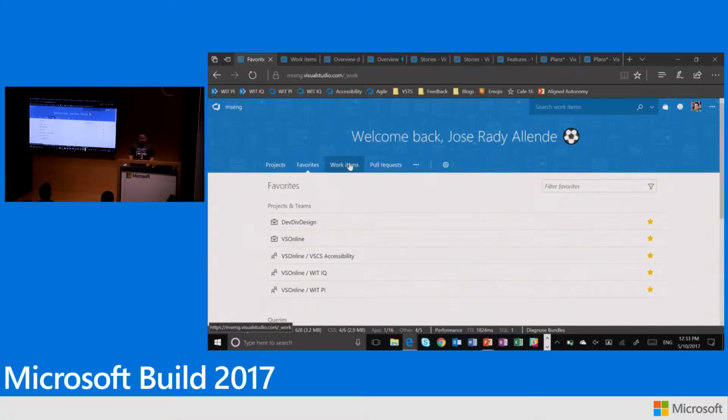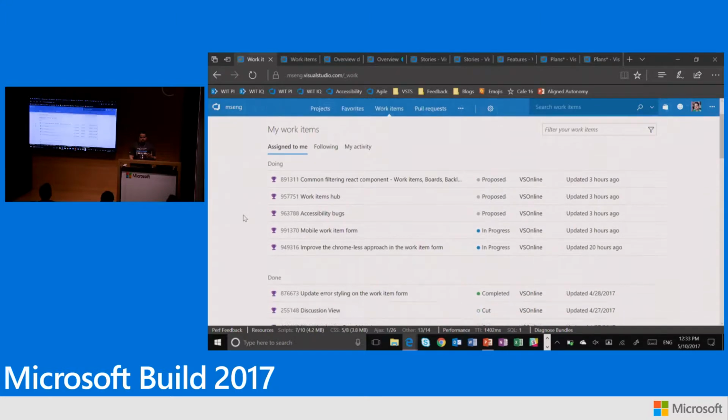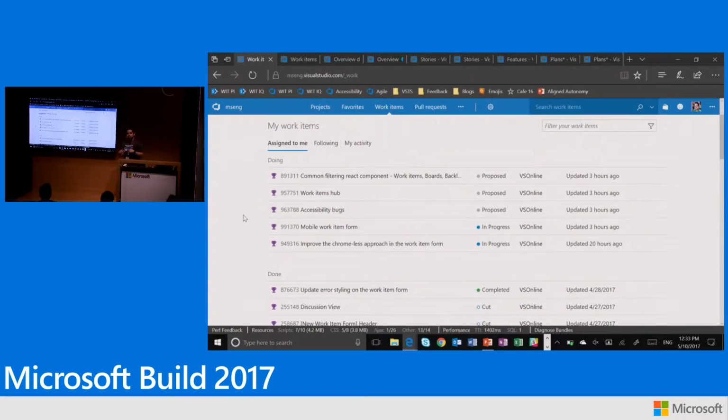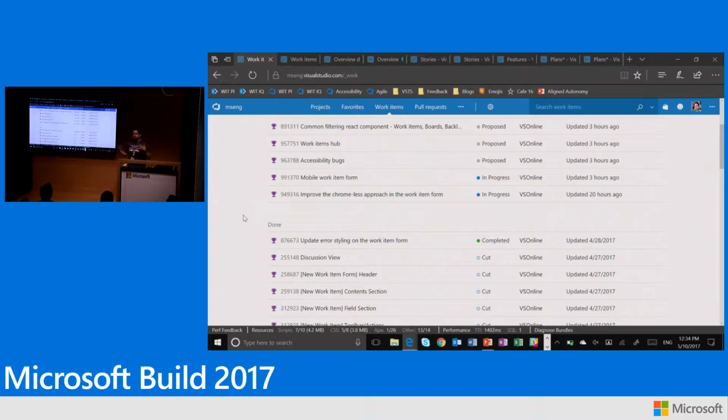Now, what is the goodness behind these my or me pages? In terms of work items, it allows me to very easily come in the morning and check, okay, what are the things that are assigned to me that I care about? And even within that section, what are things that I'm actively doing right now versus things that I've done in the past? I always think about this. Doing is probably primary information you always care about because you're actively working on it. Well, done is more secondary, right? I may remember that I completed a feature a couple months ago, and I may need some context.